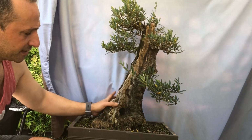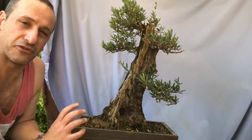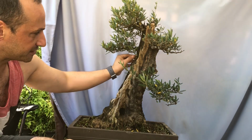It's a big tree. It's starting to really crack up. The deadwood's really starting to crack up and look old. It's got nice hollows and so on. It just needs refined carving. Power tools are needed for this. I'd love to have some fine stuff to do it, but I don't have the fine stuff. I've only got really rough